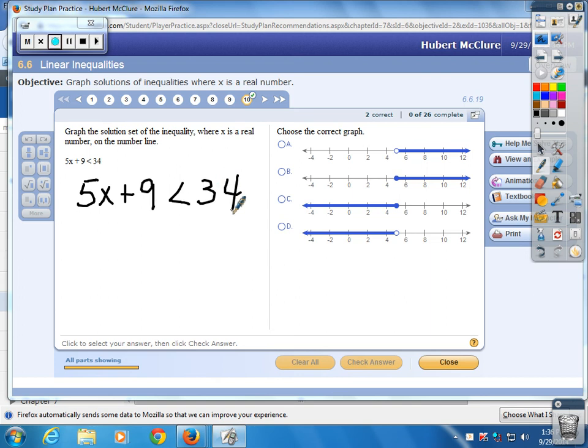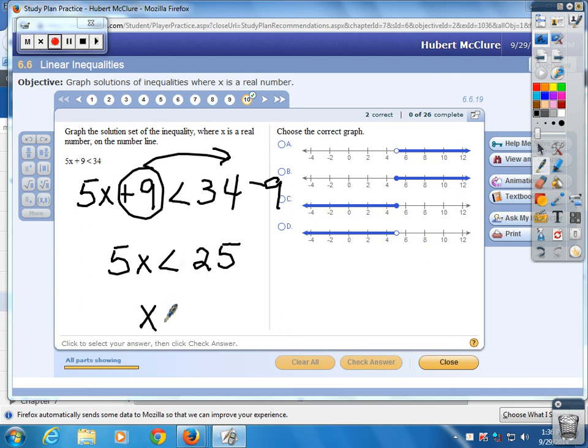Is the variable positive? Yes. If it ain't broke, don't fix it. So leave the 5x alone. So take the 9, cross the river. And we get 5x is less than 34 minus 9, which is 25. And x is less than